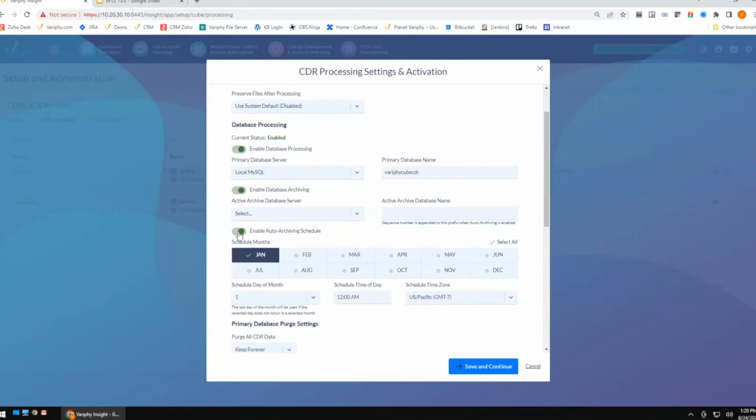If you guys are looking to take advantage of or beta trial the database archiving or the automatic database archiving feature that we're looking at here, please reach out to your account manager. You can absolutely install the EFT version, but we do want to enable database archiving in your key. So please reach out to your account manager. We're more than happy to get you an updated key that's got this feature turned on.